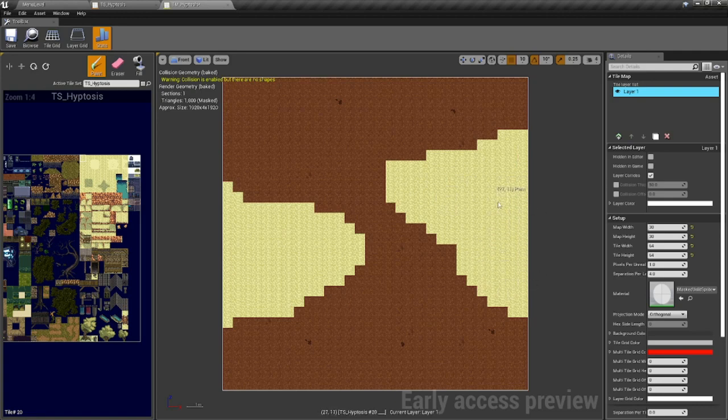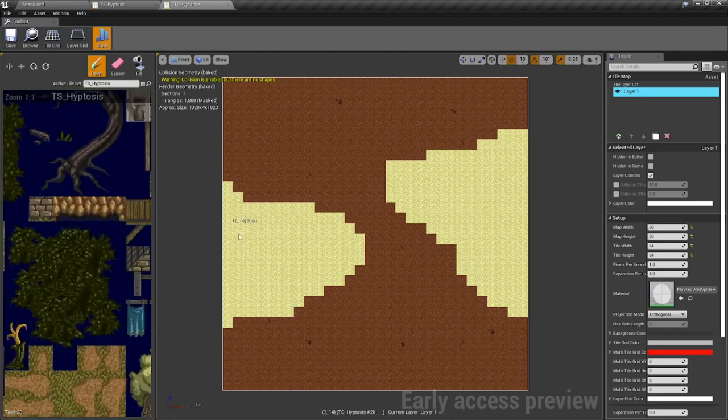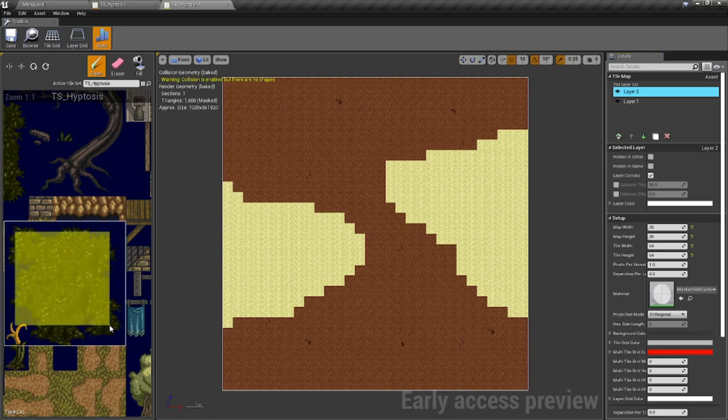Just paint those right in. And when you want to add stuff over that, you just hit this, add a new layer. Also, if you want to use more than one tile, you can just hold down your left mouse button and select.